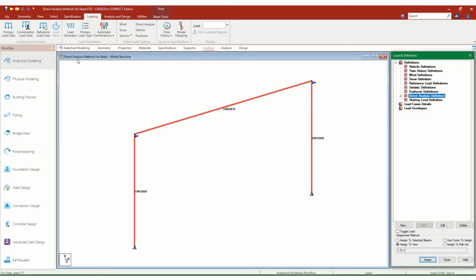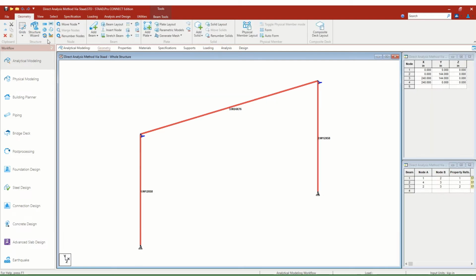Now, I'm going to go back to geometry for a second. Save the file. And I didn't talk about the ability to release the connections, the ends of the members. But if you were to do that, although we don't need to do that for this module, just to kind of demonstrate the section where that would apply,